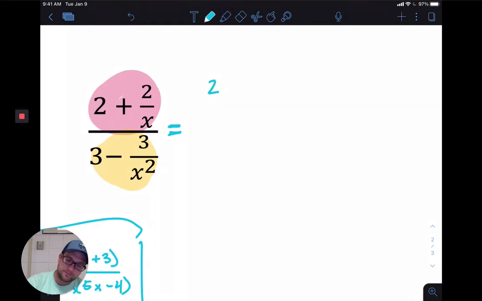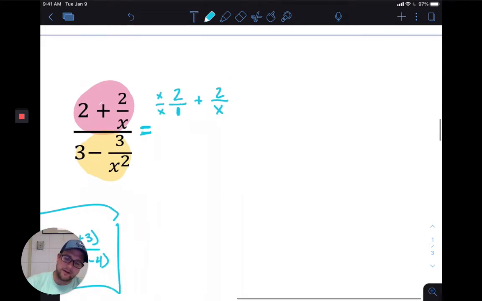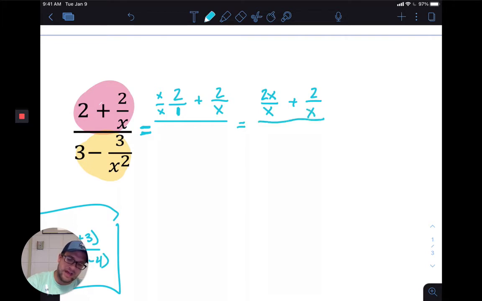2 plus 2 over x. Now officially this is 2 over 1 right now. So since we have an x in the other one, we need to multiply this by x over x to get that common denominator. And when we do that, we're going to get the fraction of 2x over x plus 2 over x, which is then going to be able to be written as 2x plus 2 over x,